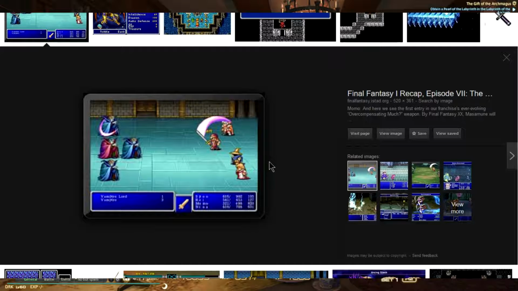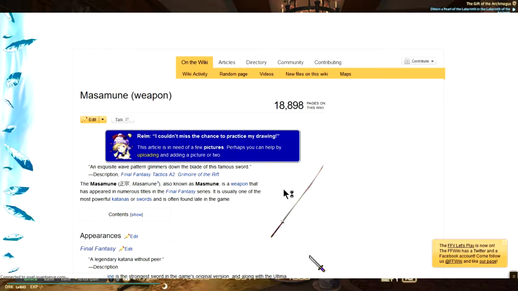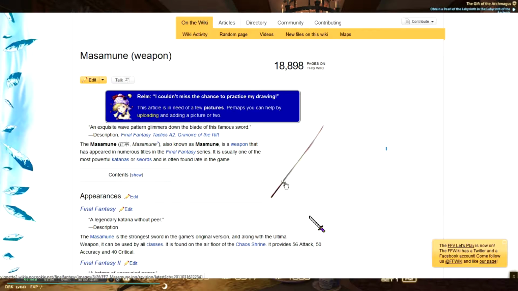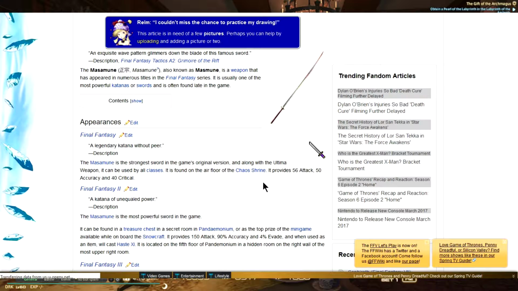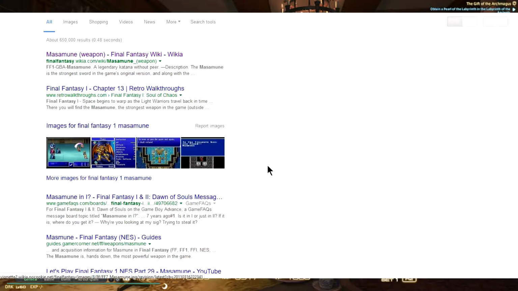the Masamune, and the Masamune is supposed to be a samurai weapon. It is a samurai weapon from legend, and anyone can equip it in Final Fantasy 1. So it's to say from the very beginning, anyone could almost in essence be the samurai from Final Fantasy 1, because the first